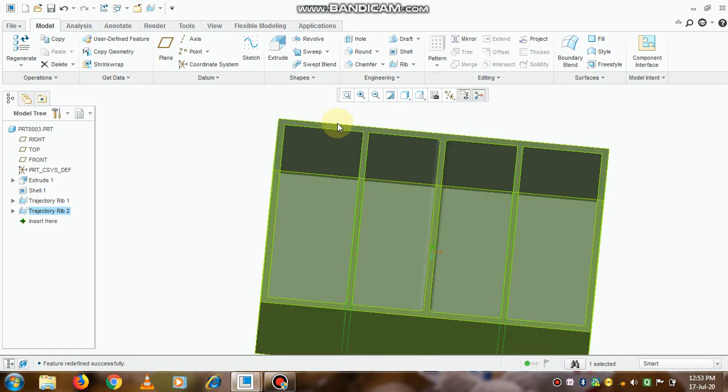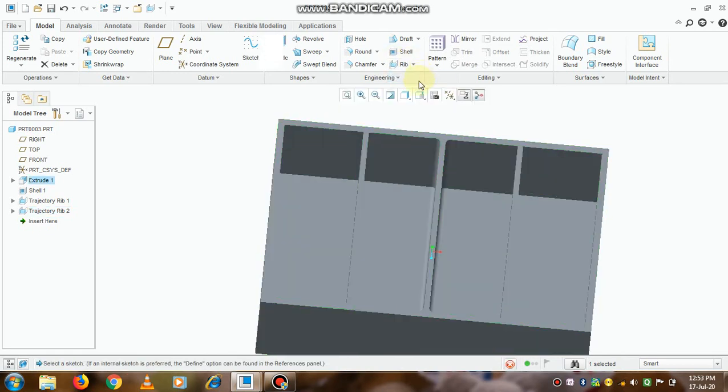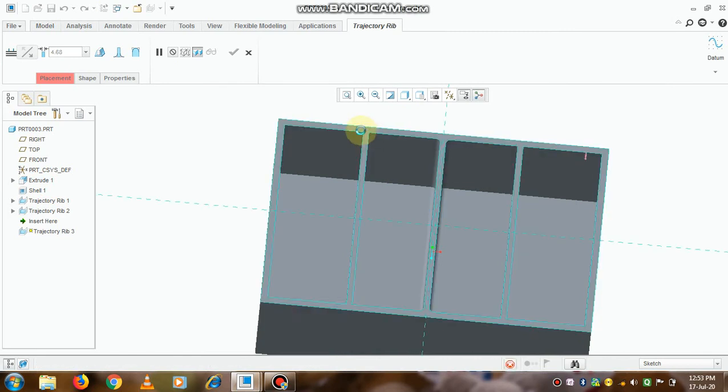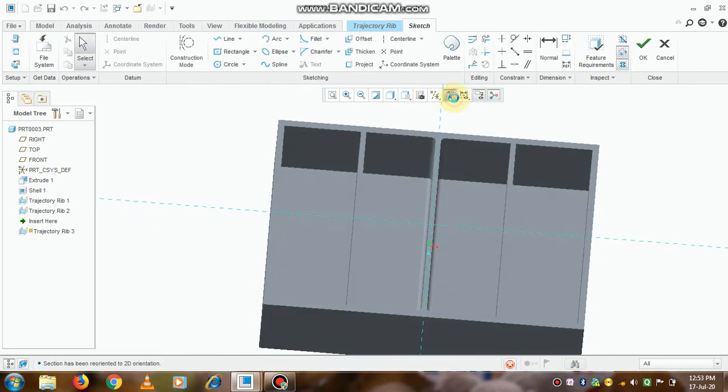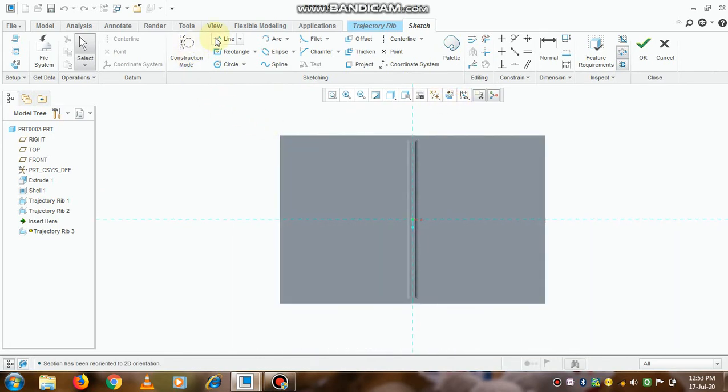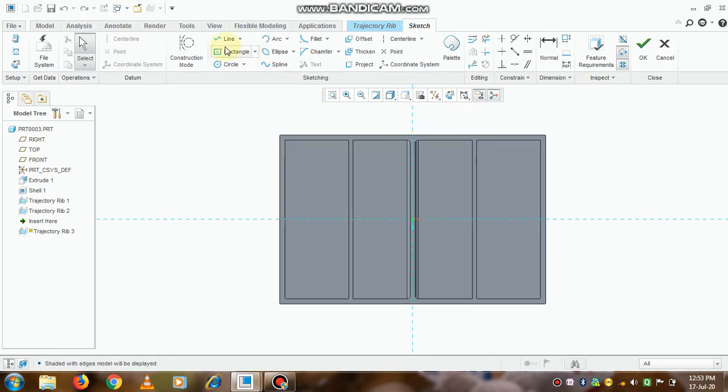Now suppose we want to create more ribs. So again we can go to the option trajectory rib, select the section plane and sketch view. We will switch on shading with edges and now create a line.